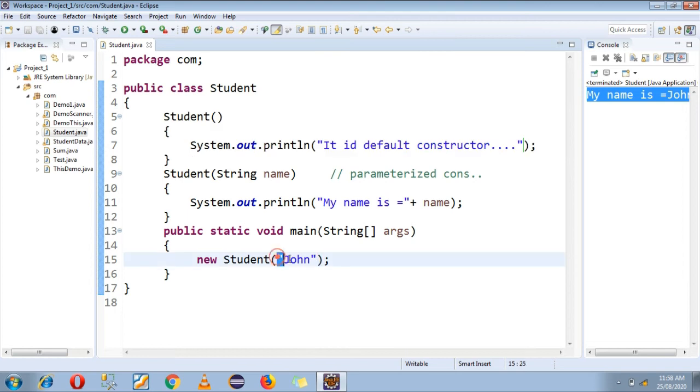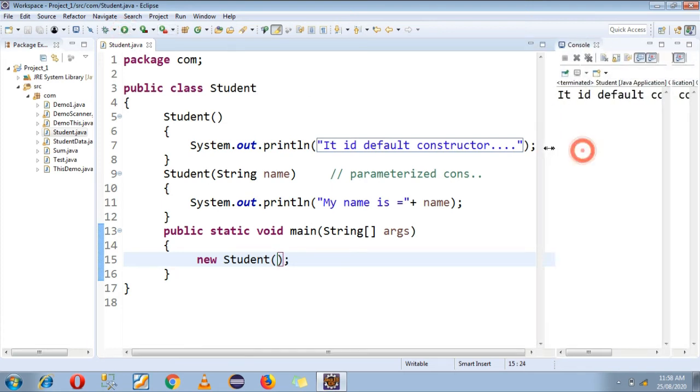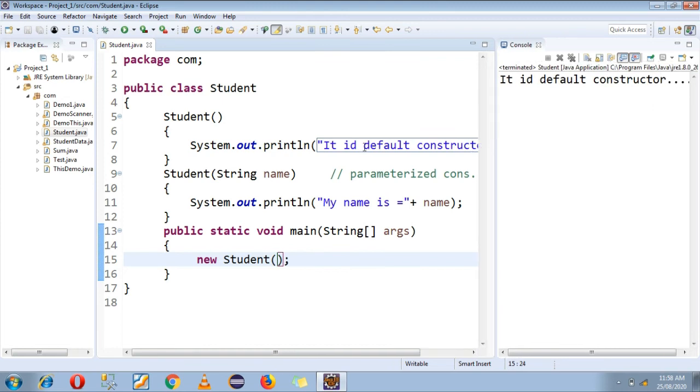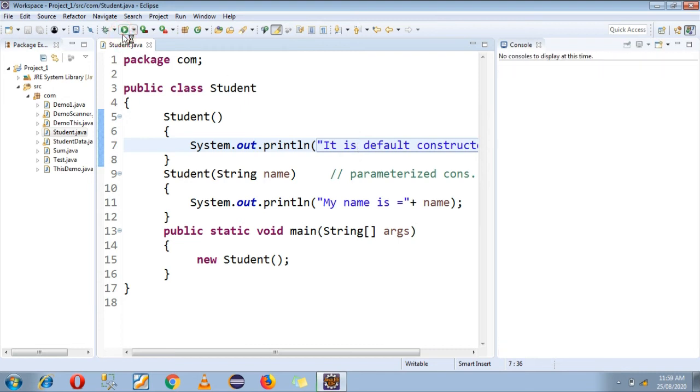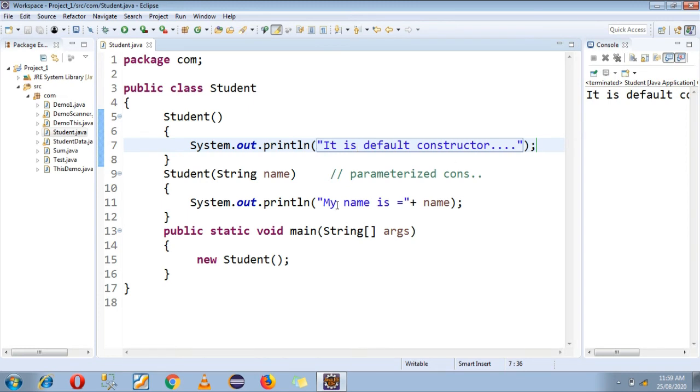It will execute my default constructor now, because the JVM goes into the main function. At this line the JVM will recognize that this is nothing but a default constructor. This is not a parameterized constructor, and because of that it will go to only the default constructor part.